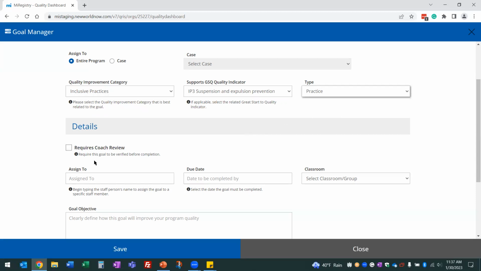Next is the detail section. The first selection is to determine if I want this goal to require a coach review. If I check this box, it will require that my quality improvement coach look at this goal to determine if I've completed it. In order to move to the on-site observation, or the validation, each program must have at a minimum one goal that requires coach review. I know that this is the goal that I want my coach to review, so I'm going to check this